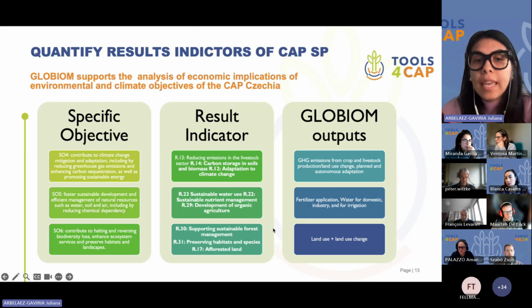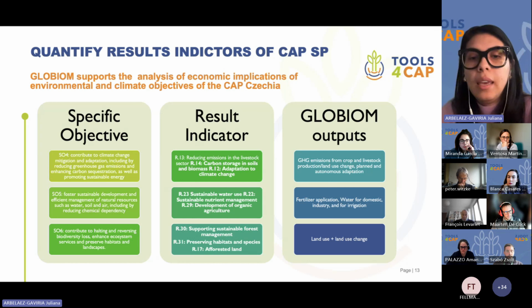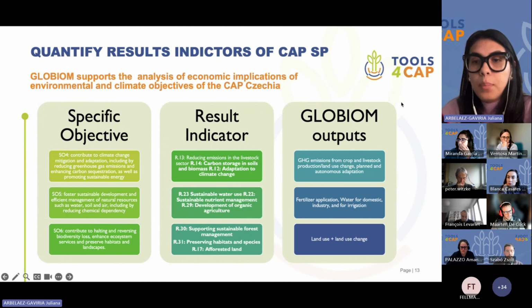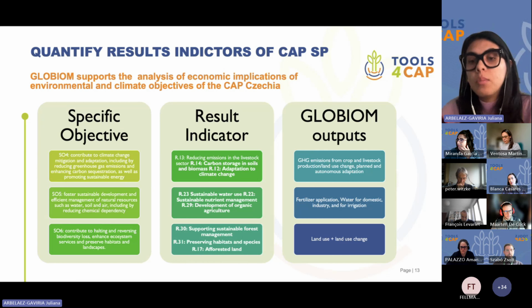So the result indicators that you see here that are in bold are actually the result indicators that are explicitly considered in the Czech agricultural strategic plan. And then we have a mapping of all the outputs that GLOBIOM could provide to actually assess the implications of the implementation of the CAP strategic plan,